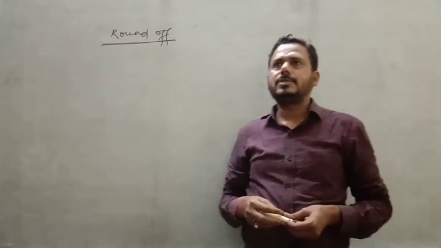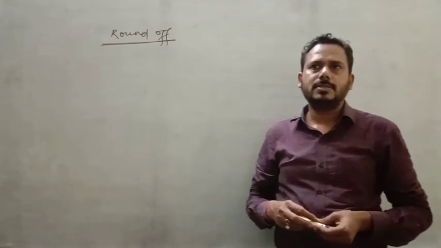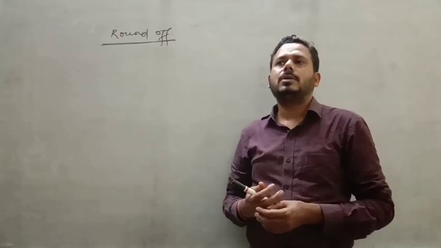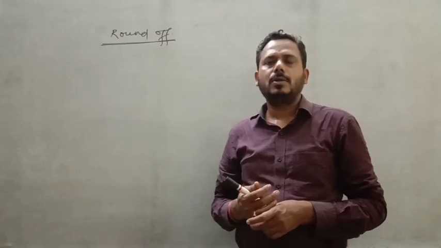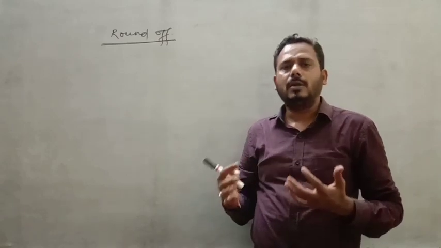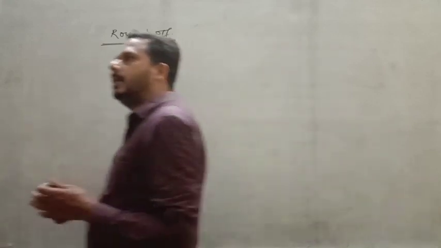We will round off up to a number of significant figures, and that depends on up to which number of significant figures we have to take the round off. Alright, then